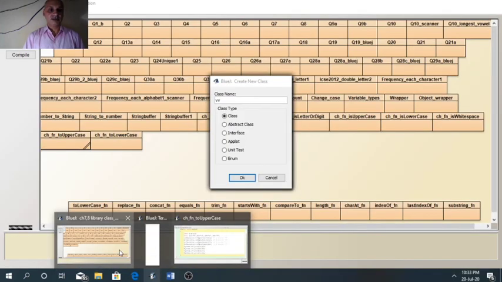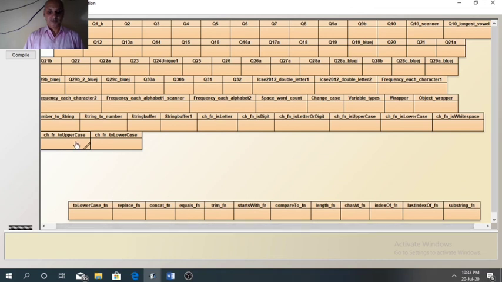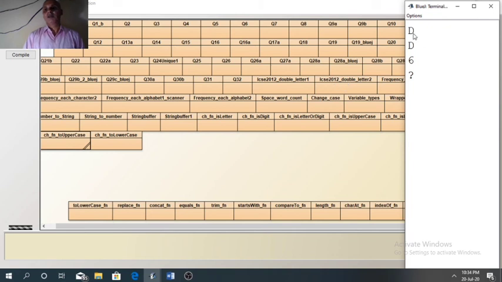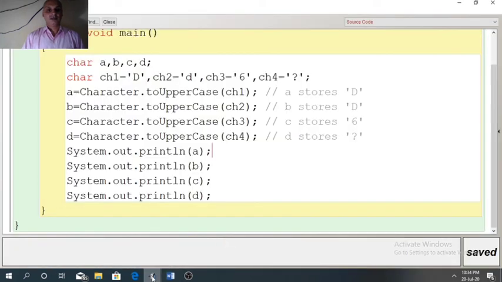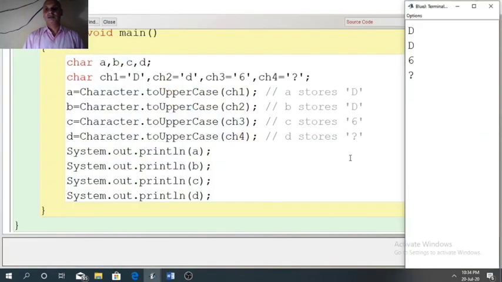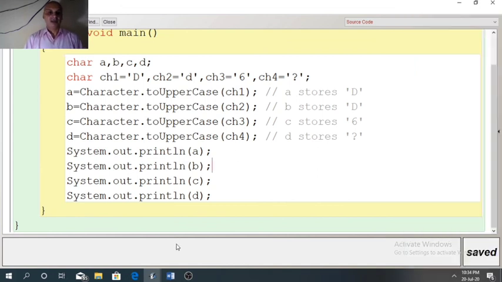Now see the result. So A and B stores the same letter capital D, and C and D stores digit 6 and special character question mark.